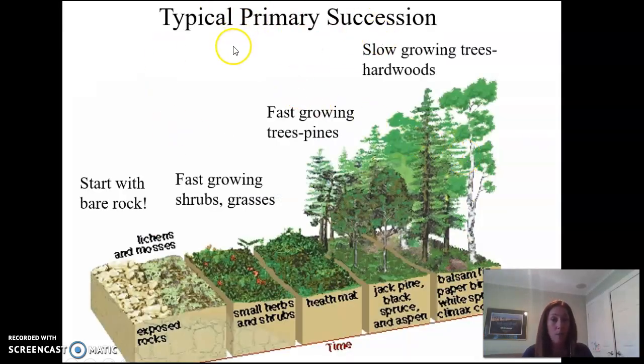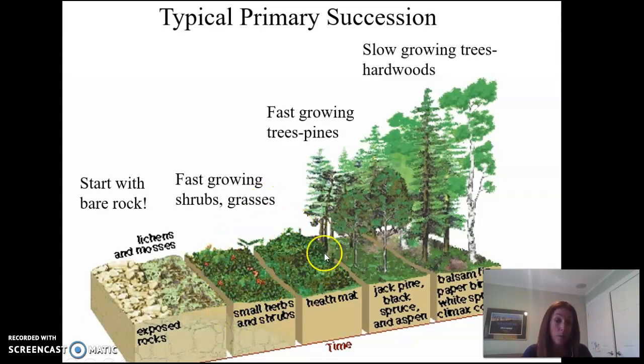So we'll start with primary succession. The key thing with primary succession is you start with bare rock. So your first step is you have to start to make soil. So you have to have weathering occur. And that can be a physical process, but also you can have things like lichen and moss that will help with the biological weathering of rock. They'll start to use acids that will start to break down rock. They'll start to add some organic material and just the startings of soil for some smaller little grasses to be able to grow. As those die and decompose, they'll add to that soil level,